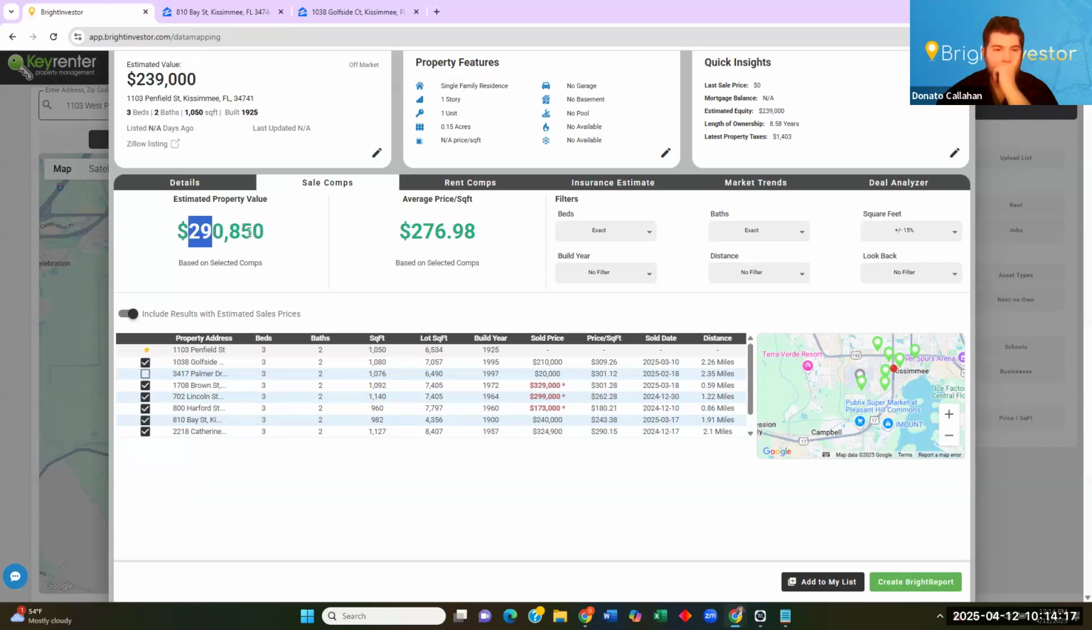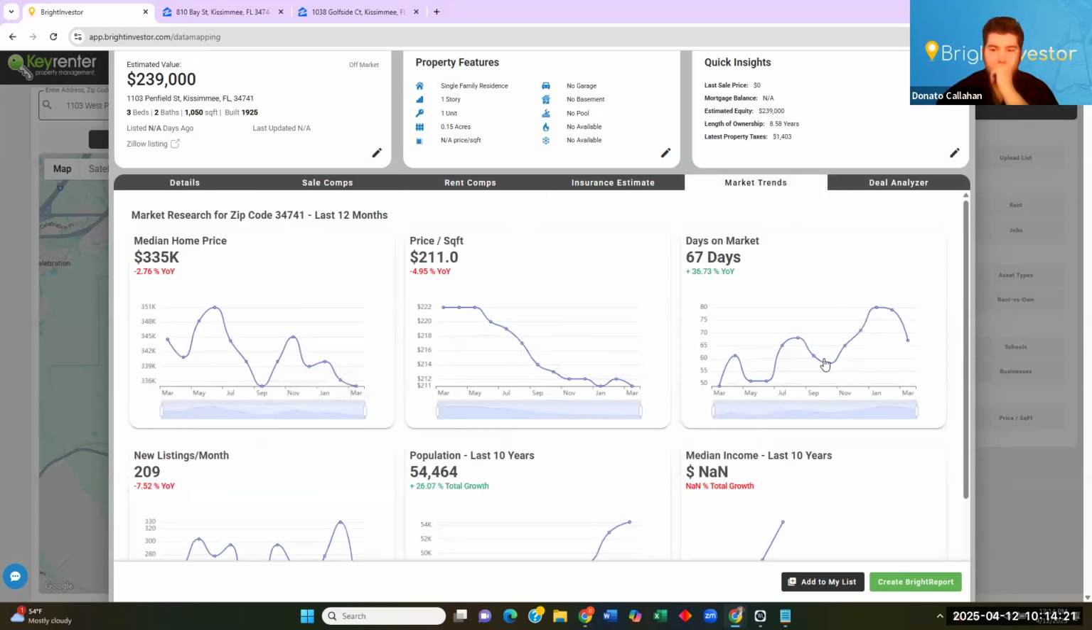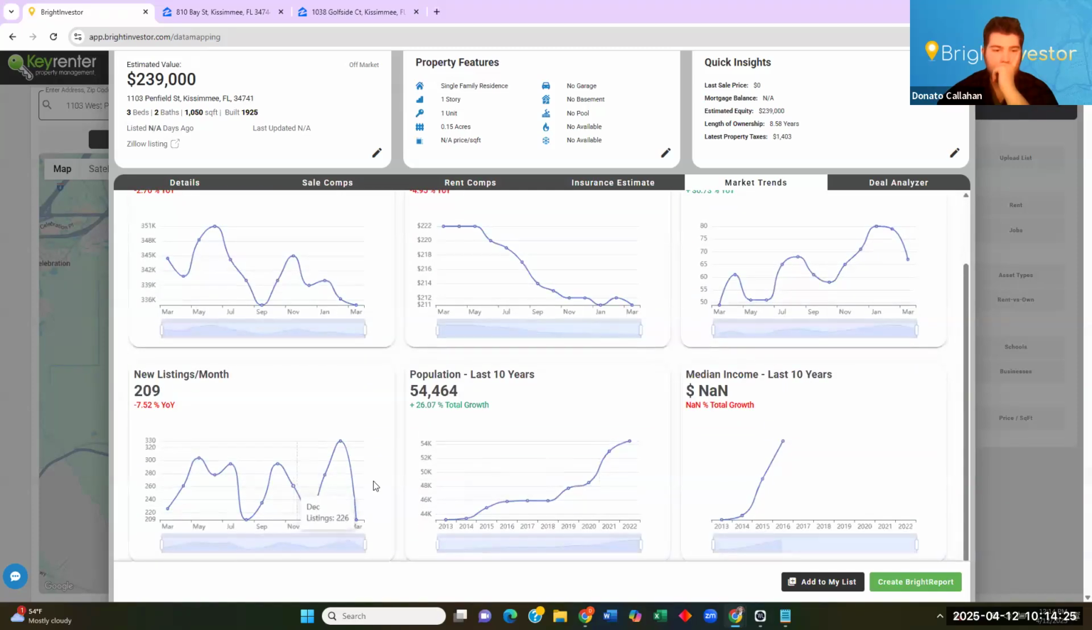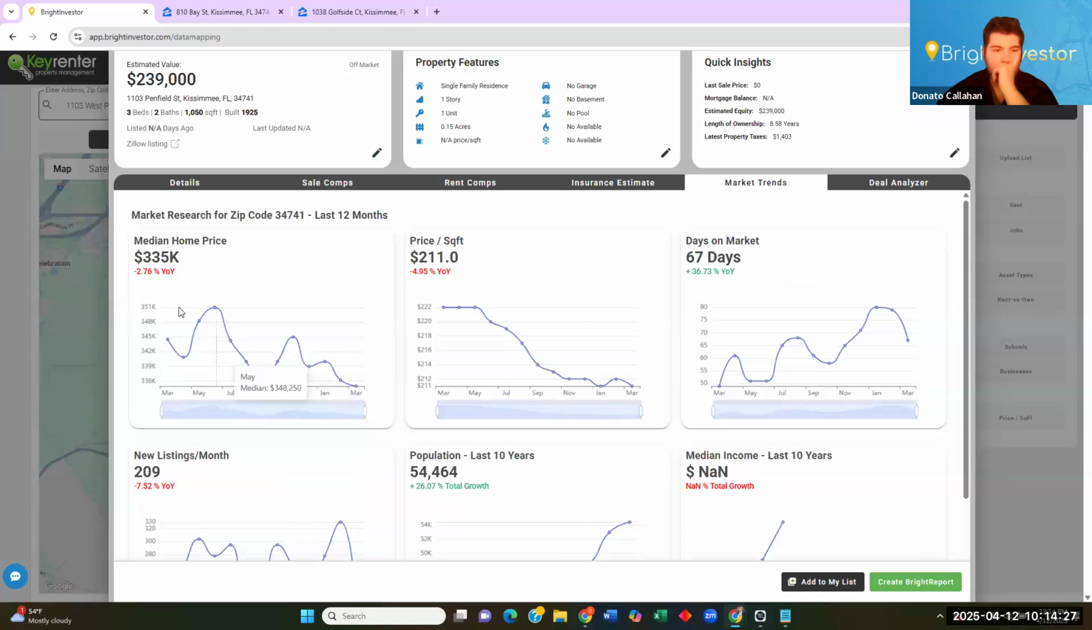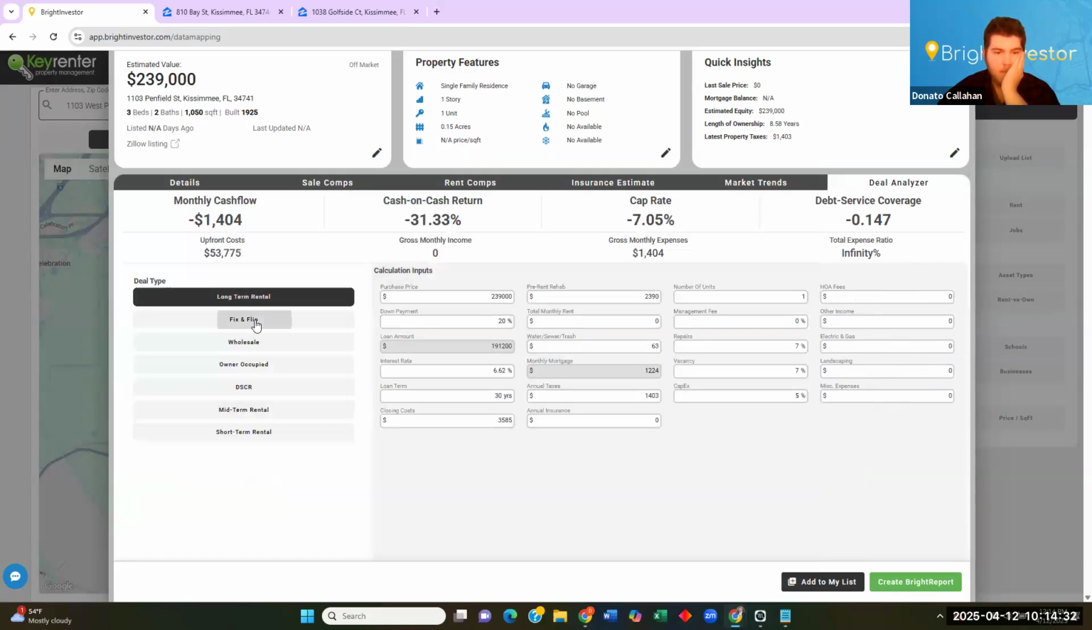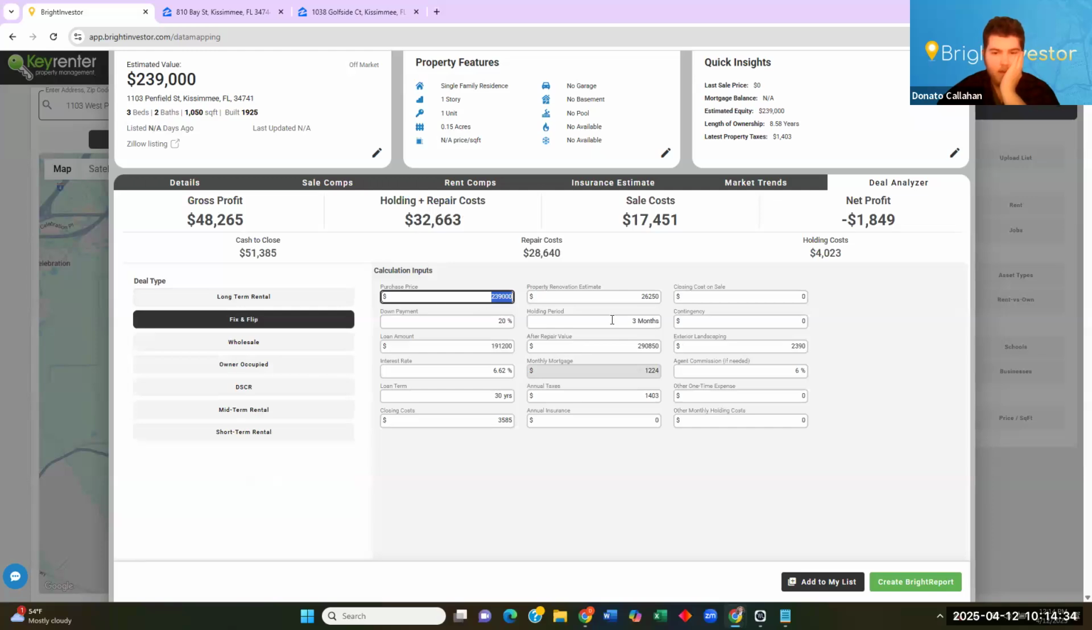I think it's worth in the low 200s now. Days on market are going up right now, so I'd be conscious of that. But there are fewer listings on market right now, and the home prices are down a little bit. So to flip it, I would say if we're gonna be able to sell it for this,